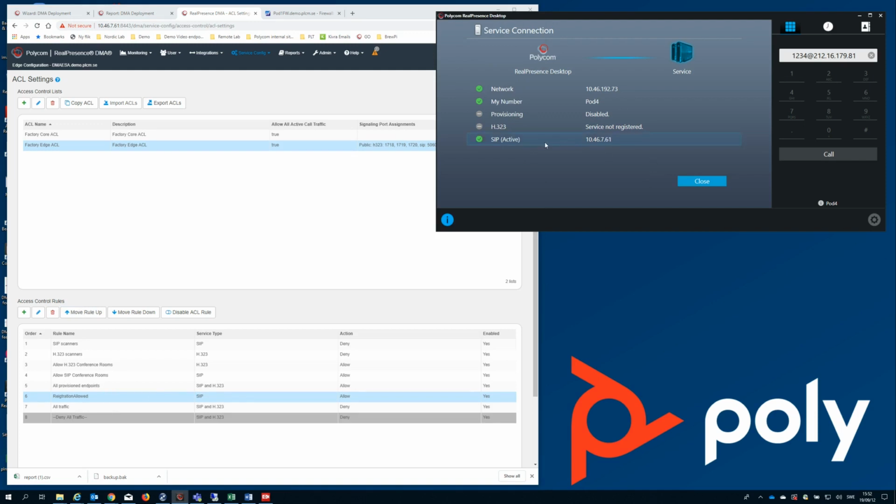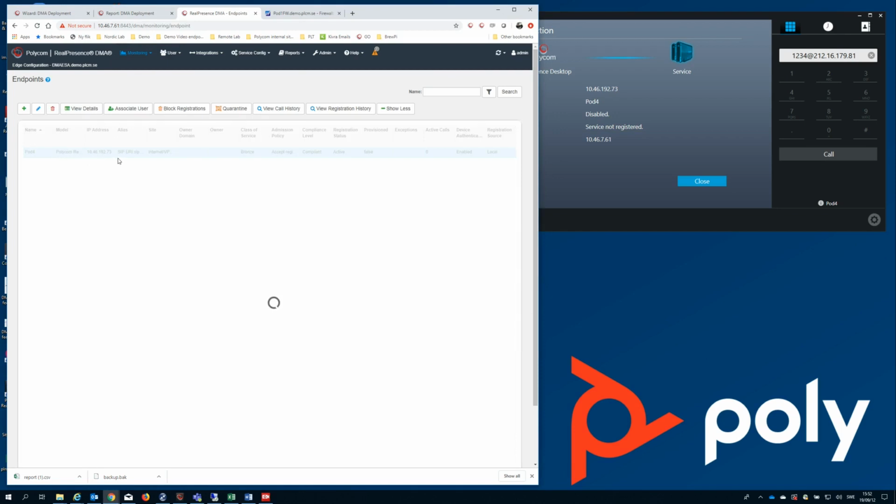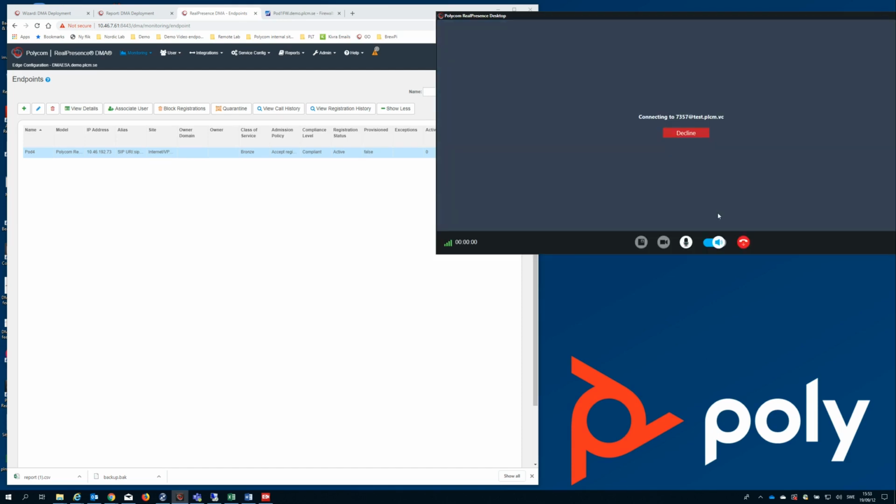But then go back to my desktop. You can now see that the device is truly active and it's registered. And if I go in under monitoring and look at the endpoints, I can see that I now have accepted registration to it. So the last step is actually to place a test call and see how that works. So let's close this one and enter the test address to our RealConnect cloud service and hit call. And we can see that it starts to connect, and